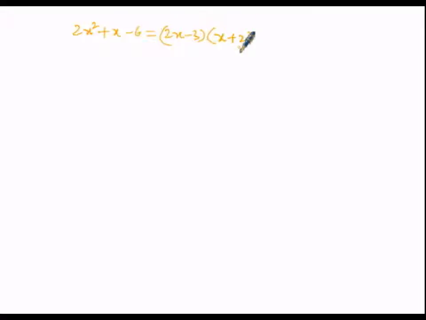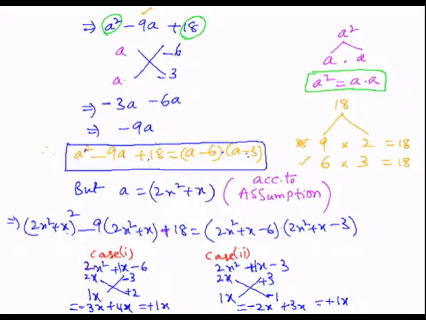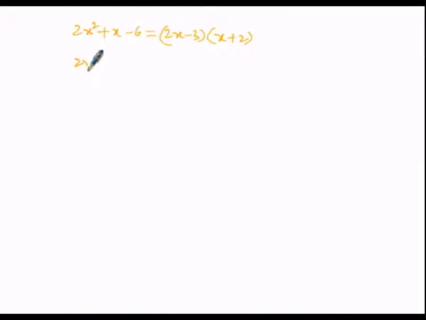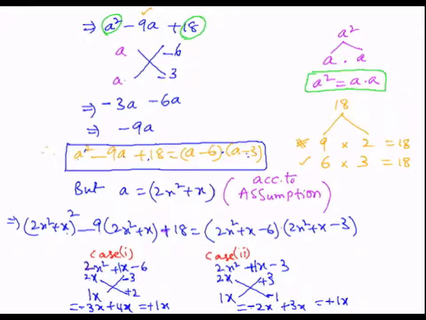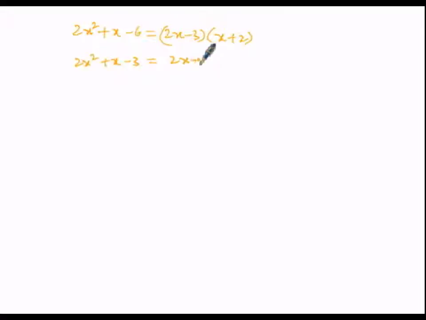Then similarly, the factors of 2x square plus 1x minus 3 can be written as: the first factor is 2x plus 3, then the next factor is x minus 1. So in this manner, we can write it as